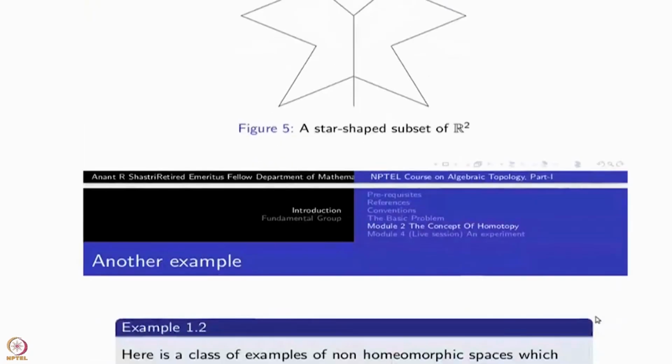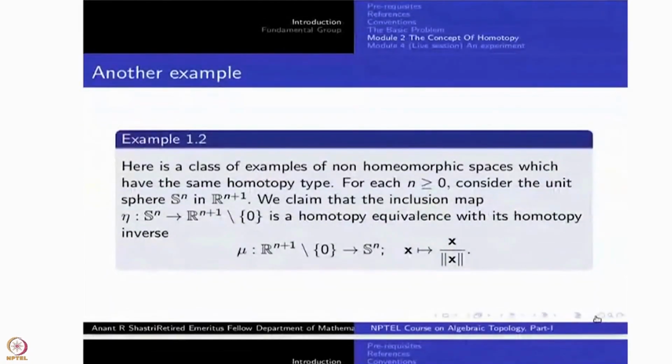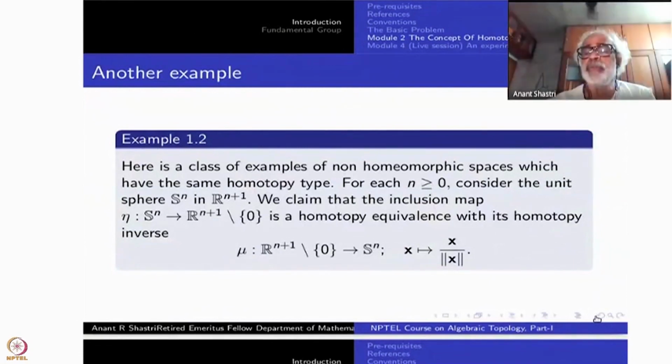Okay. Let's have one very important example. This will give you a sequence of pairs of spaces. They are not homeomorphic to each other, but they are homotopic to each other. This time I am not giving you things which are homotopic to a constant map, or to a single point. They are not contractible, but the 2 spaces have the same homotopy type. Okay, so what are they?